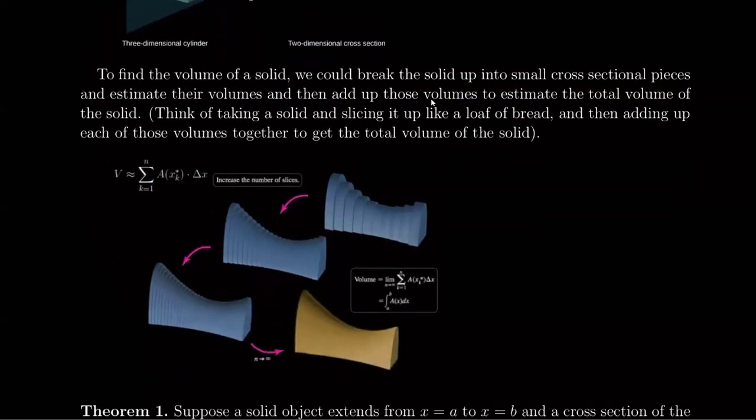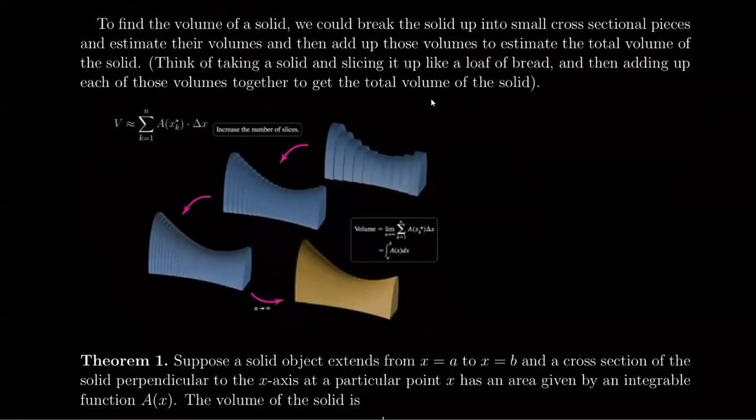So a really good way, this next visual, is to think of taking a solid and slicing it up like it is an actual loaf of bread. So you see that first image here, if I were to slice that up, each of those slices actually has a little thickness to it. Okay, and so once they have a little thickness to them, that's actually a three-dimensional sliver or slice of bread. So it's not a two-dimensional cross-section. But then what I do is I can take that little thickness that each of those pieces have and make them smaller, and then even smaller. And then you can see that the more you do, the better it's going to be at creating that entire